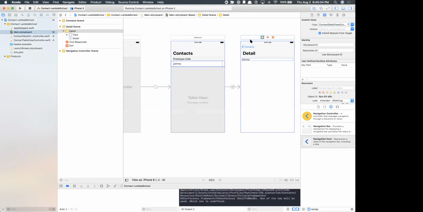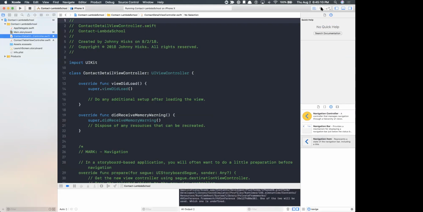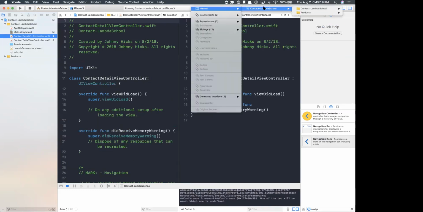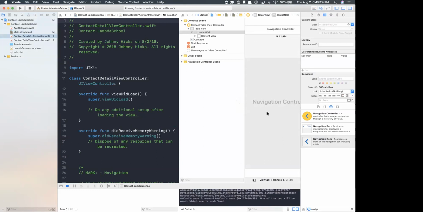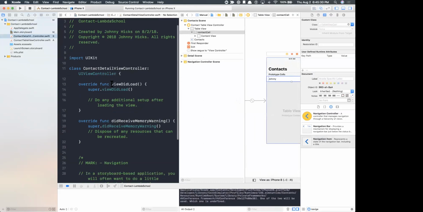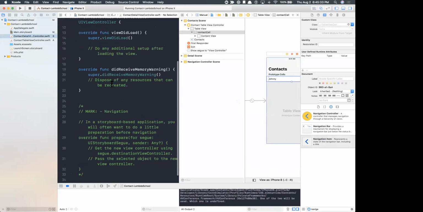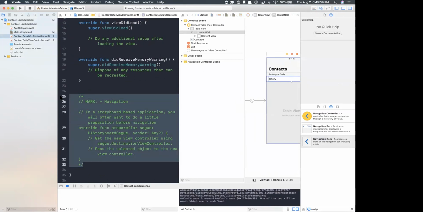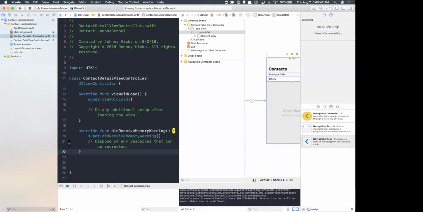So let's go ahead and open these up side by side. Okay, so I'm going to open up my ContactDetailViewController here, and then using the assistant editor, these Olympic rings here, I want to pull up my Main.storyboard here. So now I've got my Main.storyboard side by side with my ContactDetailViewController. Okay. Well, let's clean up some of the code here. Okay, we're not going to need anything with navigation, and we don't need anything with this didReceiveMemoryWarning. Okay,